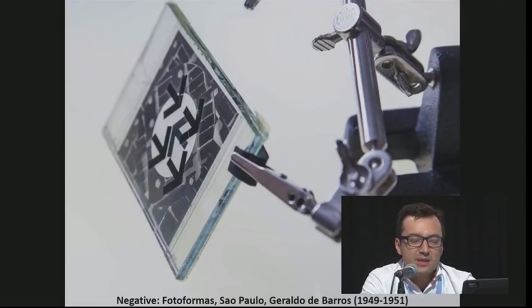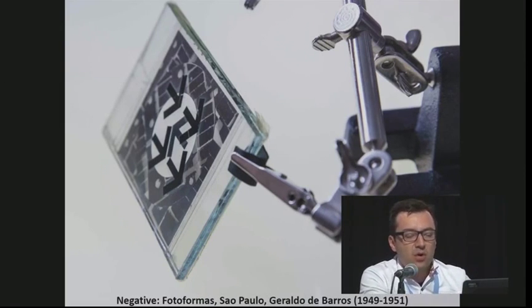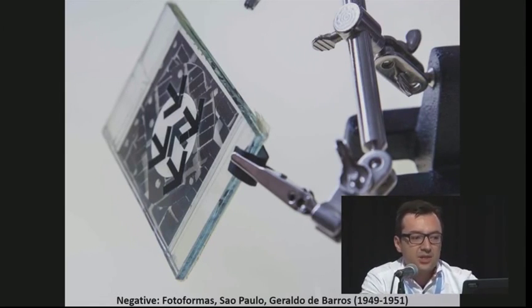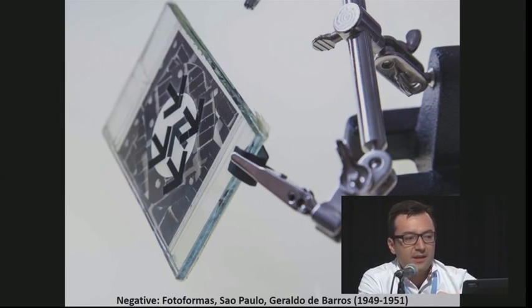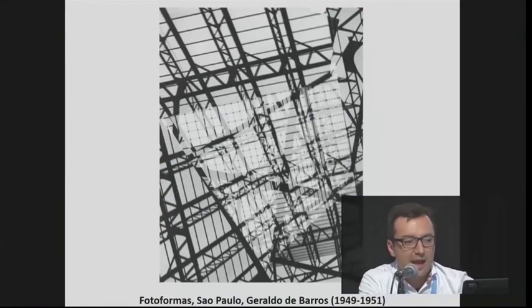Even more in his other experiments that are more abstract, because he definitely switched from, let's say, more figurative photography to a very interesting case of abstract photography. He started to cut the negative, flip part of the negative, intervene in the negative, mix some negatives. These are some interesting examples.